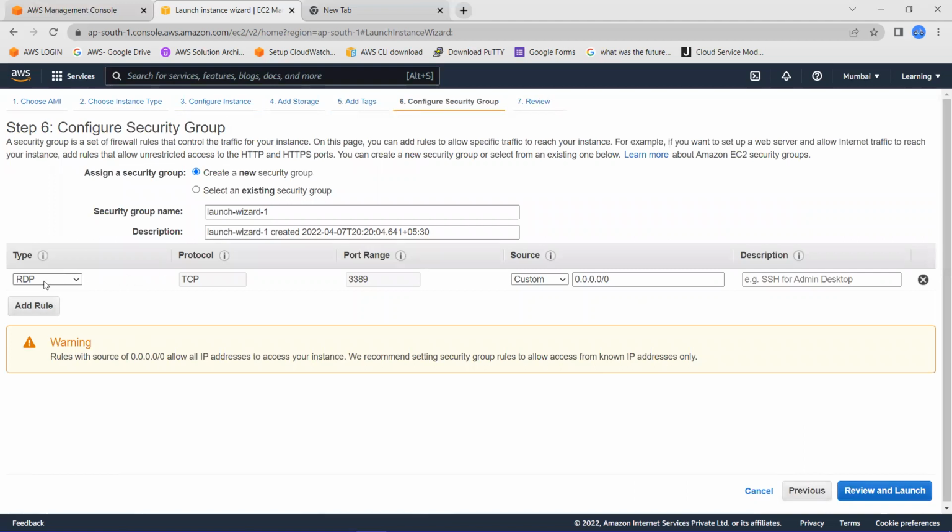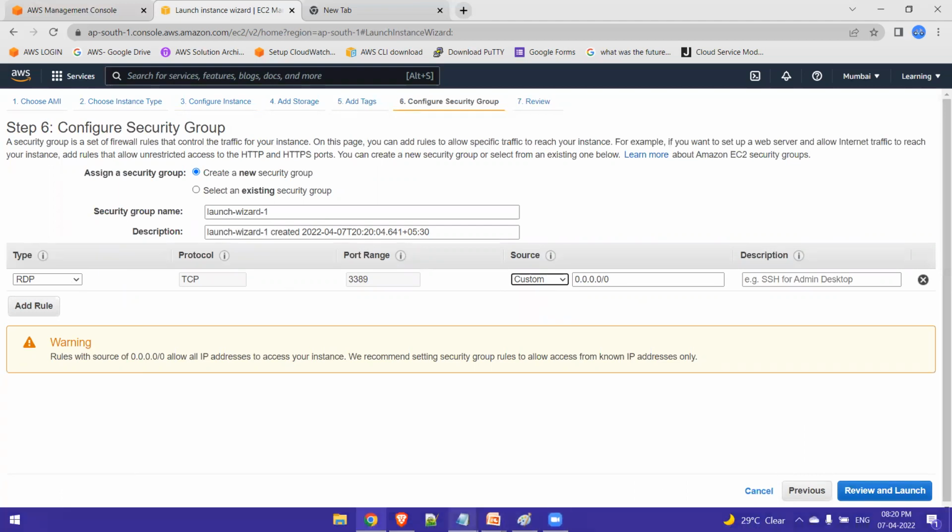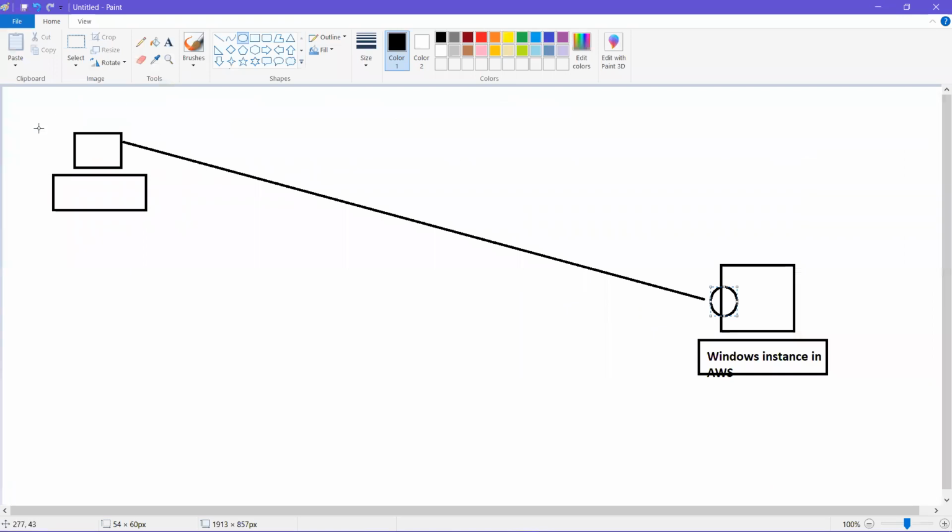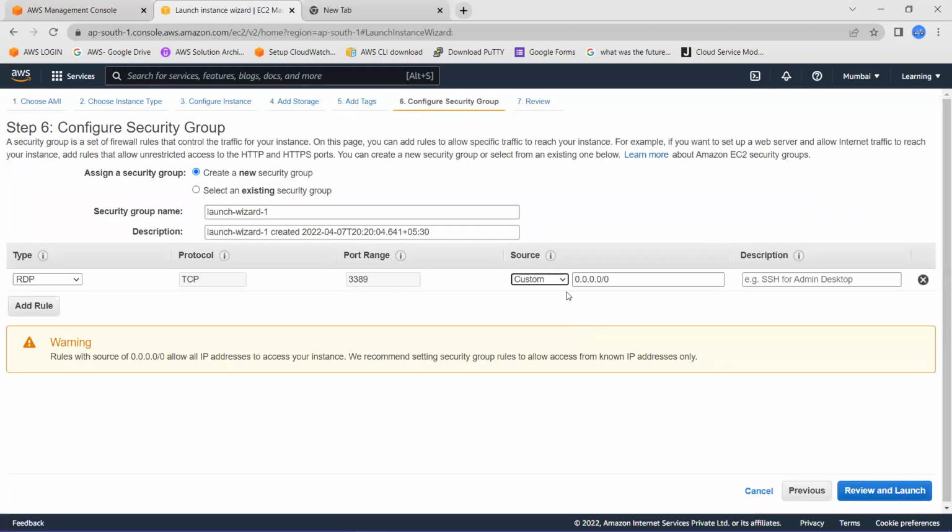I already told you, for a Windows instance, RDP is open by default, right? RDP, remote desktop protocol. And see here it is showing as custom. You can give any IP. One minute, I'll show you. See, I am accessing from this computer, so it has its own IP address. If you want to connect, you need to give your IP address, or if you give anywhere, that means everyone will be able to connect to